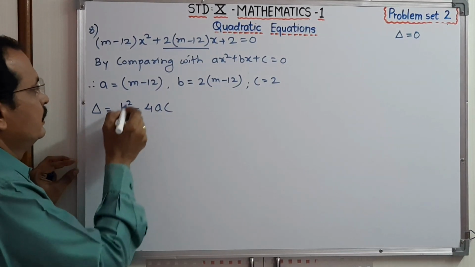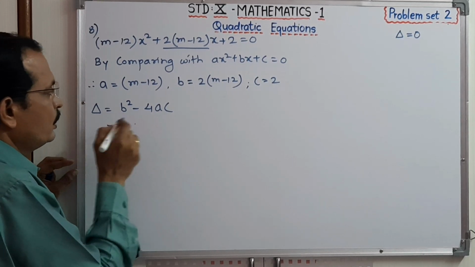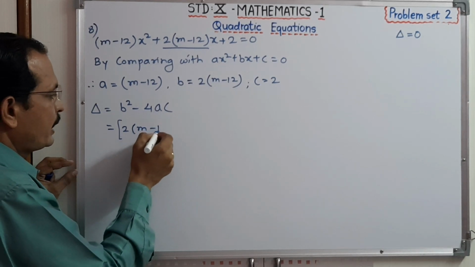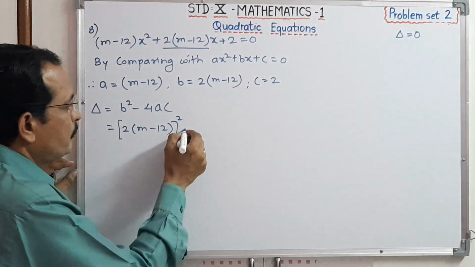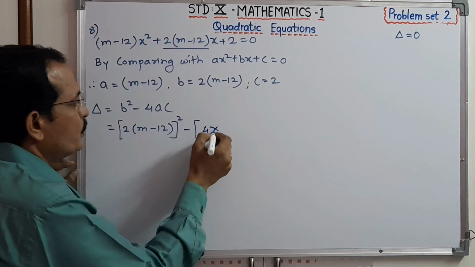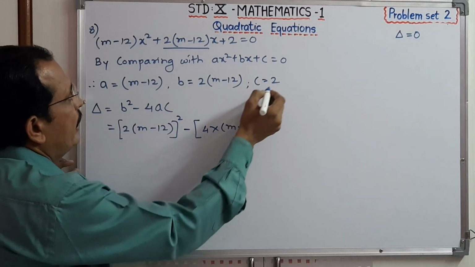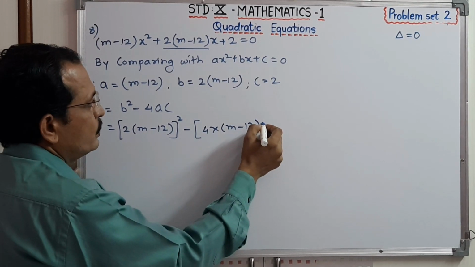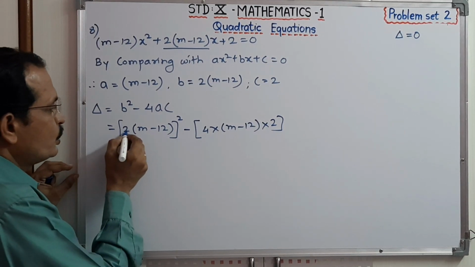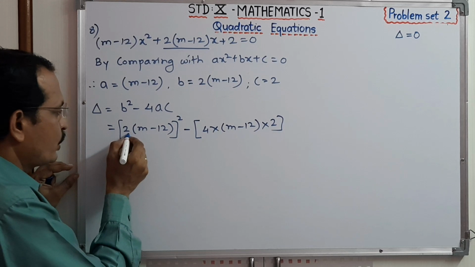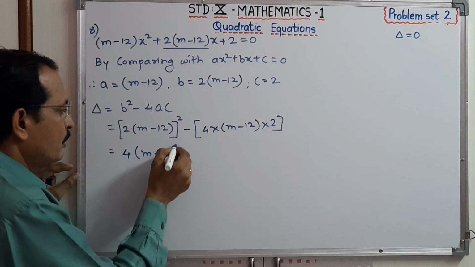Here b is 2 into m minus 12, bracket square, minus 4 into a means m minus 12, and c is equal to 2. Now see, 2 into m minus 12 bracket square, that means we have to make the square of this. It is 4, and here we write m minus 12 bracket square